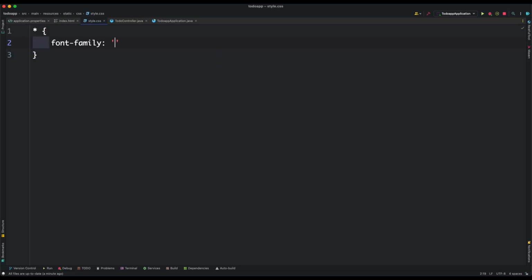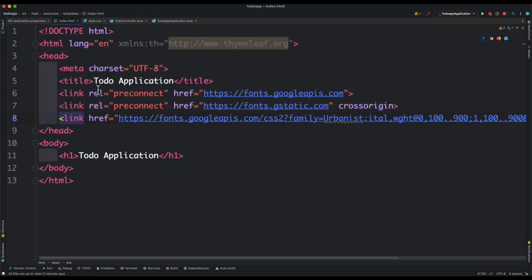And I will add the font, which is Urbanist. If it is not available, then we are going to use the sans serif. Let's save this. Now we have to reference this style sheet inside our index.html, just below this